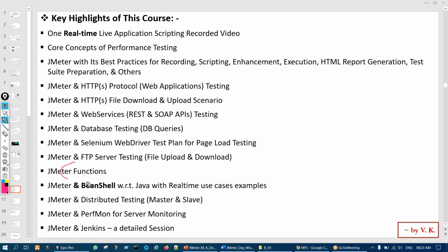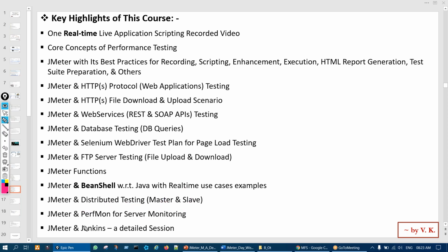Then JMeter functions, right? 30 to 40 functions are there. We'll cover that. Then JMeter and Bean Shell with Java with real-time use cases. Sometimes we have to write some code, so we'll see a few real-time use cases and how we can implement Java in writing that code. That is what is known as Bean Shell. Then we'll discuss JMeter and distributed testing, that is the master and slave concept.